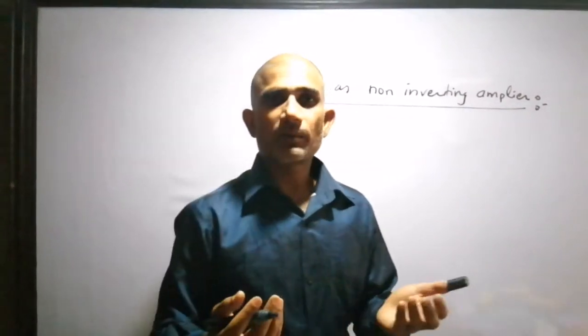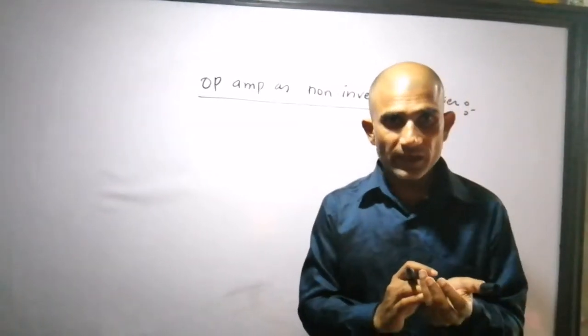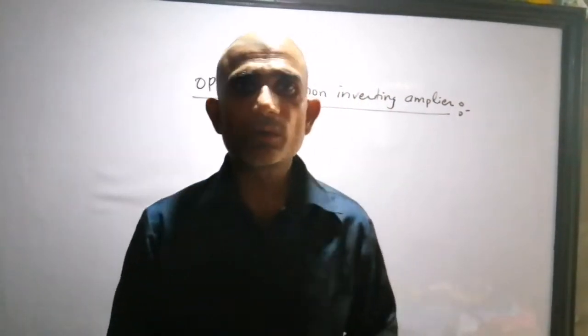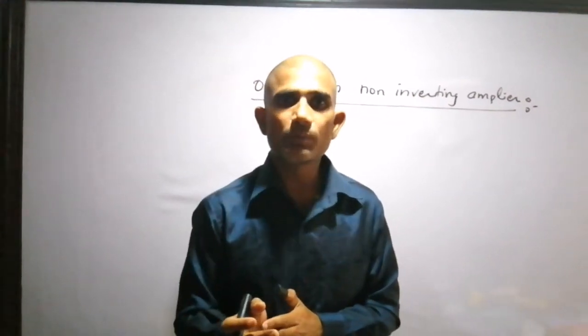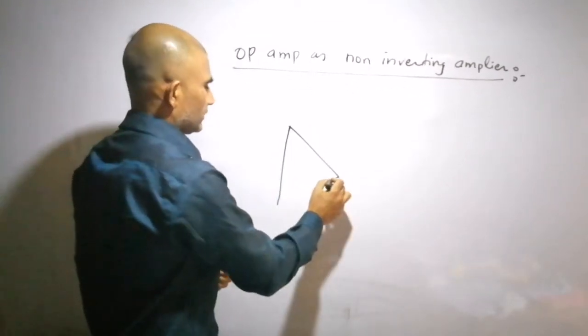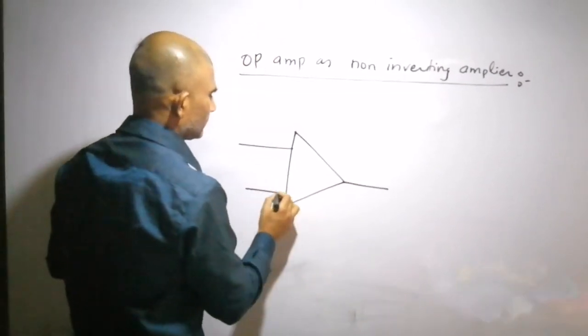We know that for our ideal operational amplifier the gain is infinity. So in the first case we suppose gain is infinity, and in the second case we take some actual values of the gain, and we will derive the formula for the closed loop gain. And for this, what do we need? One operational amplifier. This is the operational amplifier, this is the output, and there are two inputs.